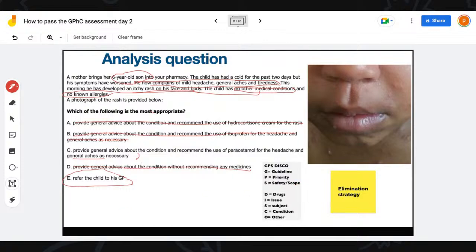And what happens in many questions, why students struggle, what the GPhC says is many students don't know how to choose what to do. They refer people to the doctors when it's a question where you have to treat in the pharmacy and vice versa. So is this clear? So this is how you use this. All right, this is how you use this. Look at, is it within your scope of practice? Look at the safety of your recommendation. Look at the condition. Look at the person. Look at all of this.